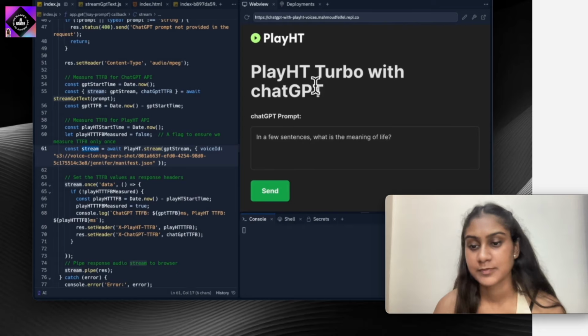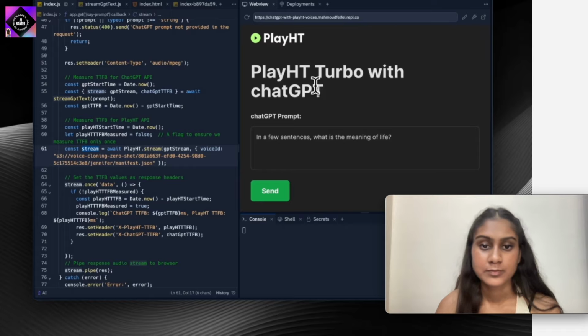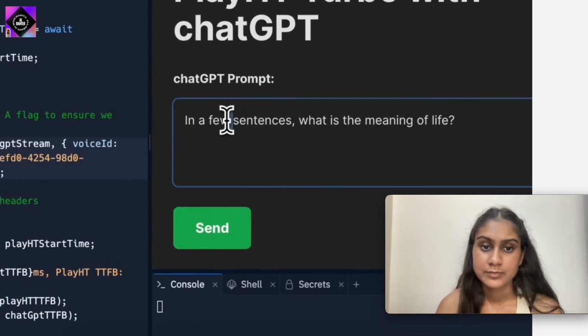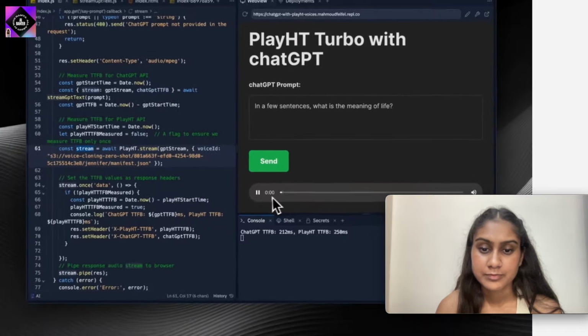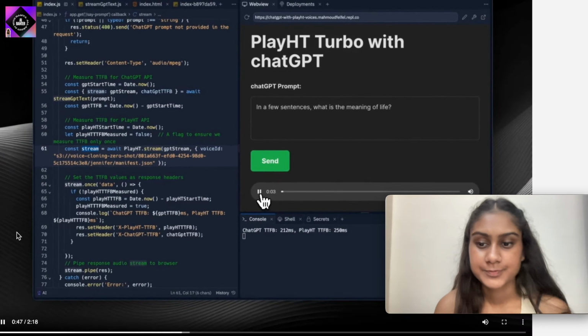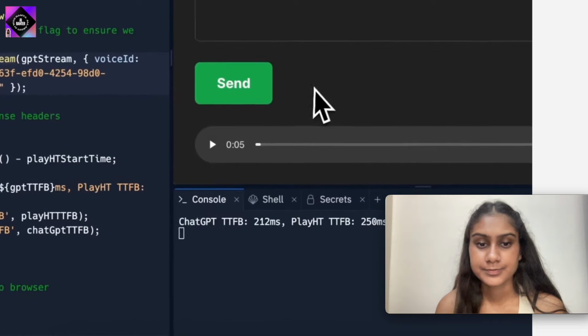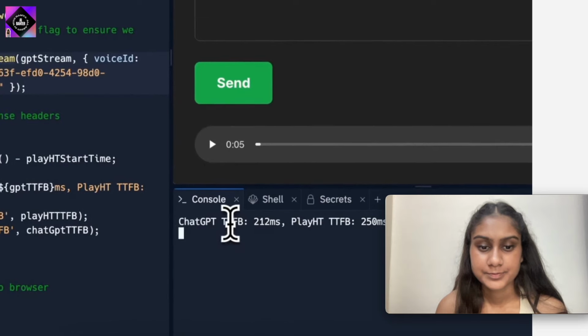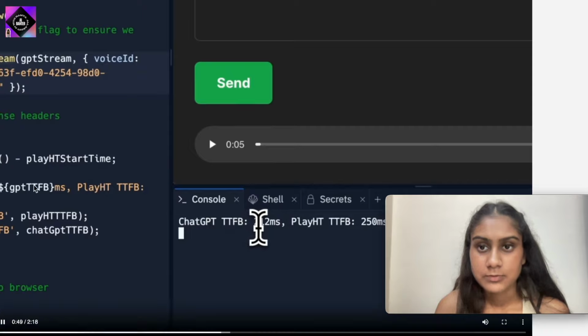That guarantees the lowest latency. Now let's try this example. We'll be sending this prompt to ChatGPT. The meaning of life is subjective and can vary depending on individual beliefs and perspectives. As we can see in this example, this is the time to first byte: ChatGPT took around 200 milliseconds to start sending the first token,